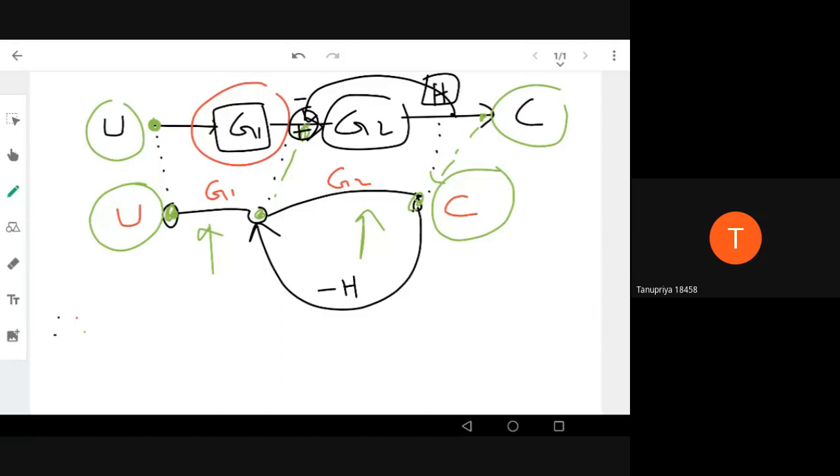How to convert the block diagram into a signal flow graph? The only thing you have to understand is we are making the signal flow graph so that the computer can appreciate it, understand it better, right? So that it can be converted to a graph, which is the data structure within the computer. So that right now the whole block diagram can be given to the computer as a graph.